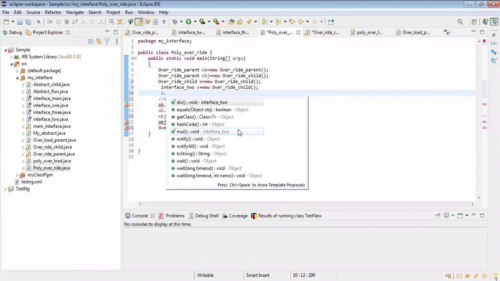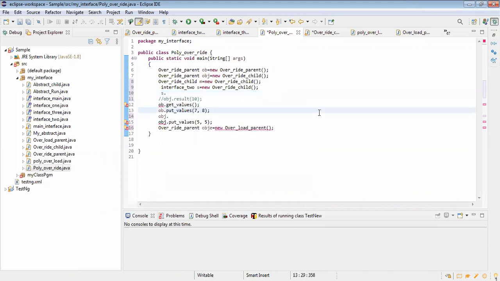It's the same thing for the class also. If a parent class is there and I'm creating an object with the help of the child, what methods can I access? Only the parent methods. And then the other permutation: I'm creating an object for another child directly, which has the interface methods and the parent methods. Everything is there, so by creating an object for the child directly, I can access all the methods. Clear?